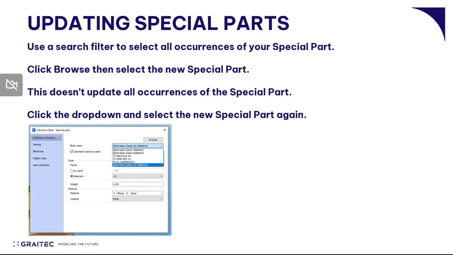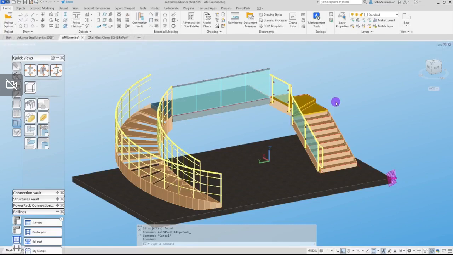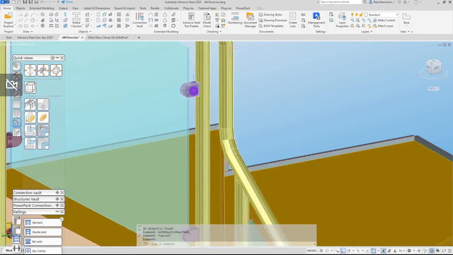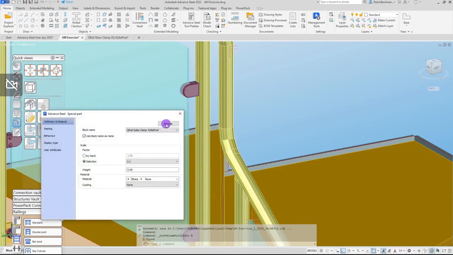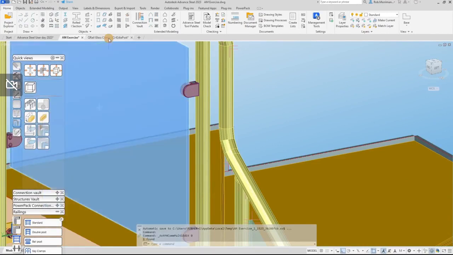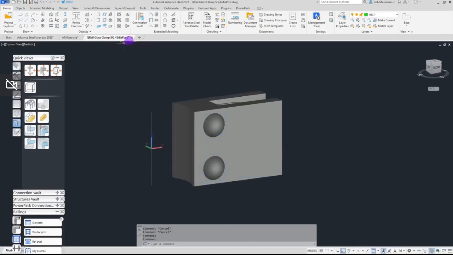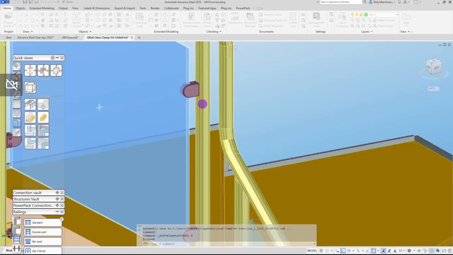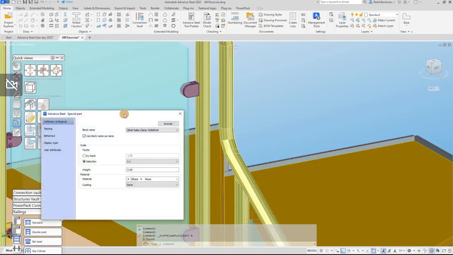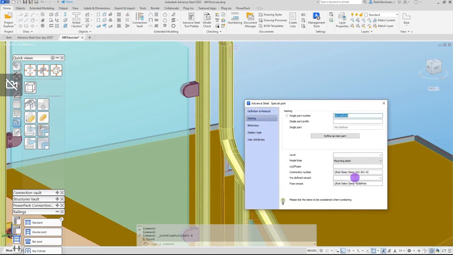So let's just demonstrate that. Here we have a model you might be familiar with, and you've got these Q-rail fittings all over the place, and it's called Q-rail glass clamp. But we're going to change that curved one for this square fronted one. So we're just going to close that file, and we need to replace this one here. What we're going to do is grab a property. We're going to use the free remark. We're just going to grab whatever that says in free remark, copy that,